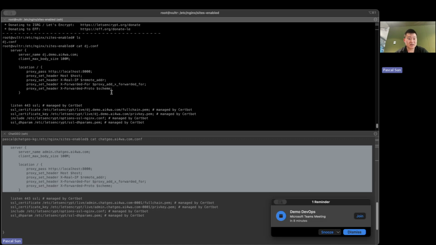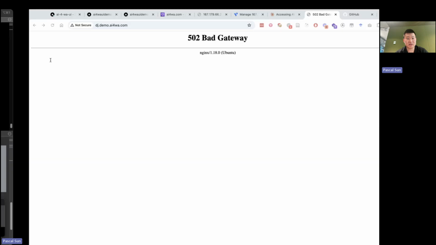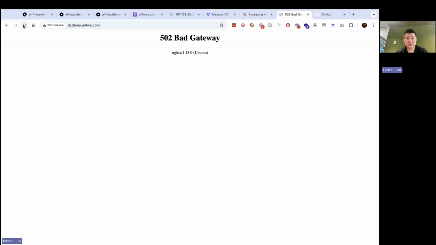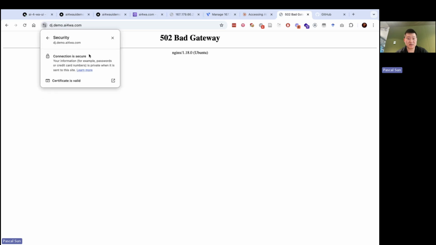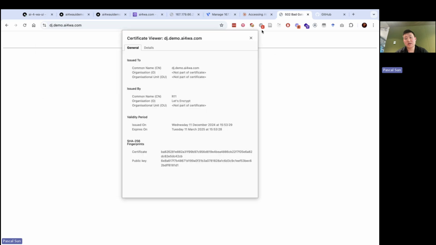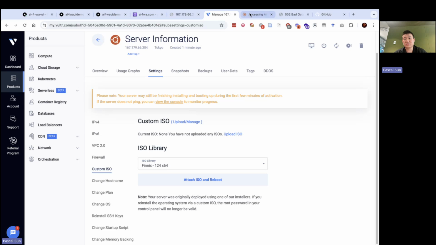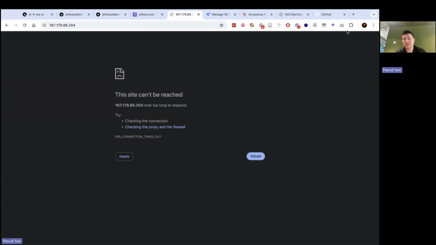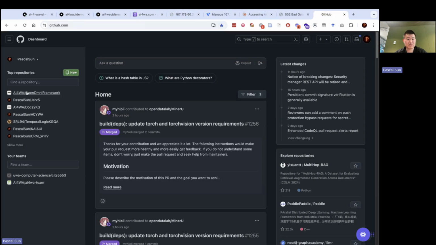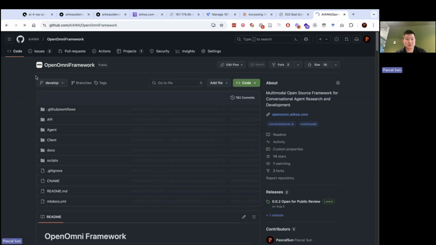So you can see it's automatically updated my code. And when I refresh it again, you can see here it actually has HTTPS now. And then the next thing I want to do is deploy my code to there. So how I do that is